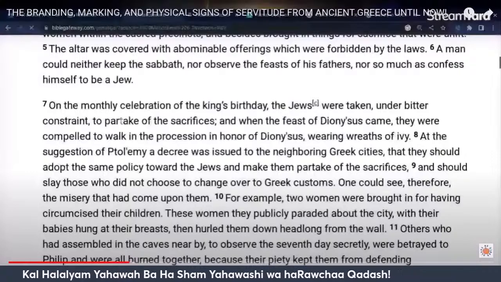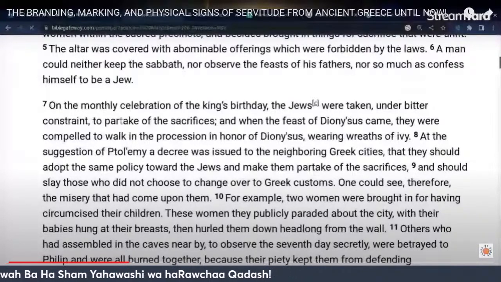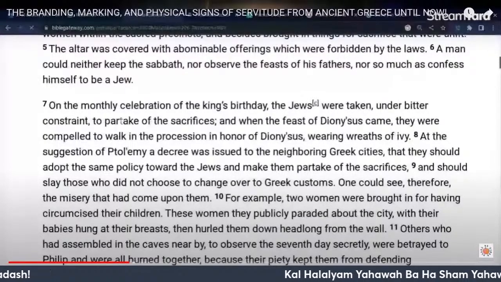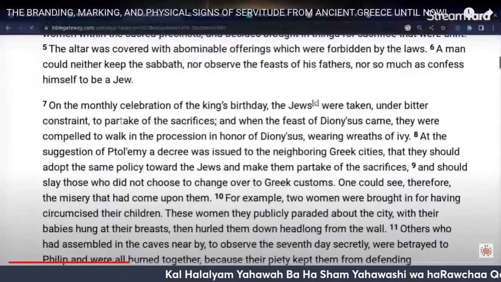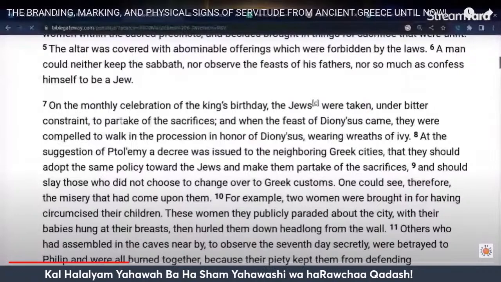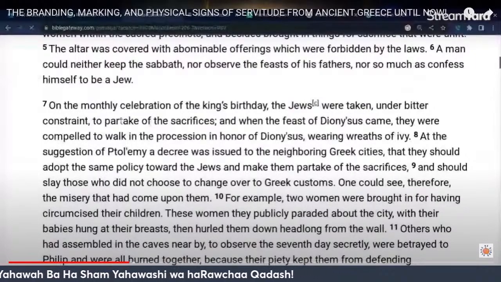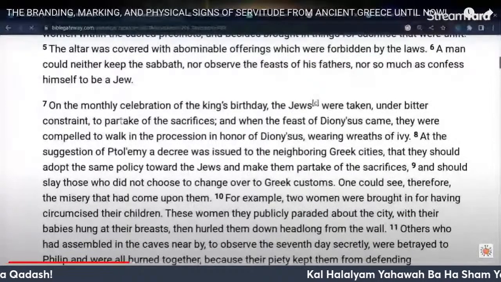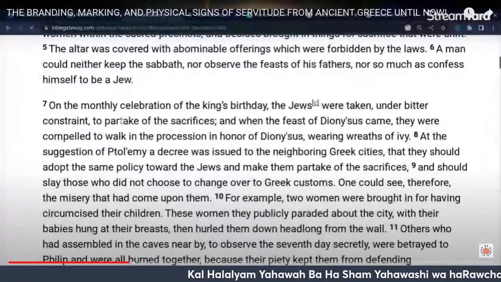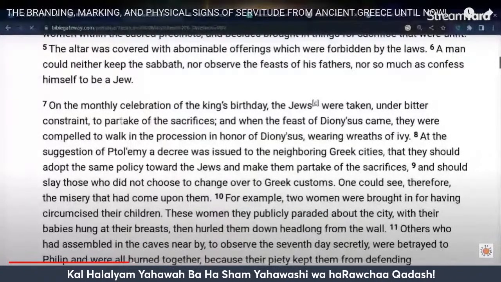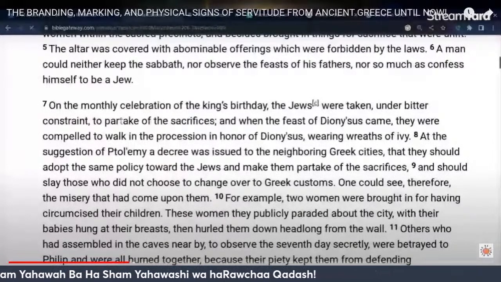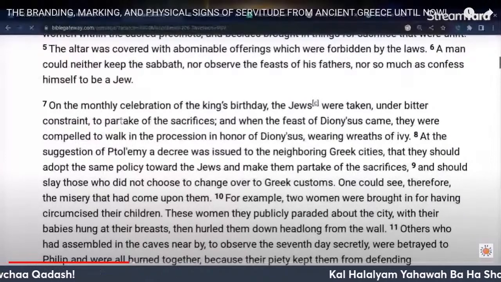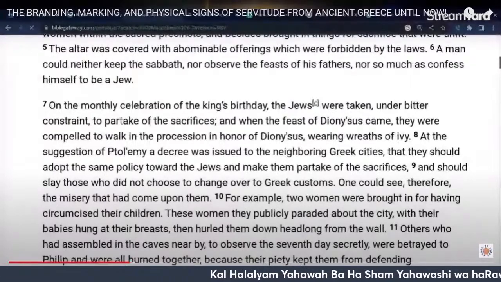At the suggestion of Ptolemy, a decree was issued to the neighboring Greek cities that they should adopt the same policy toward the Jews and make them partake of the sacrifices. So when one thing works for Esau in a foreign land, they're going to tell the rest of the Greeks in the different neighboring cities to do the same thing and take the same policy towards these people. This is how universal policies begin. And the beast system is just control over the whole world, basically through commerce and through force of the sword. Esau, Edom got the blessing of the sword, and to have the dew of the earth from heaven and the fatness of the earth. So he has rulership of the world, and the way he plans on